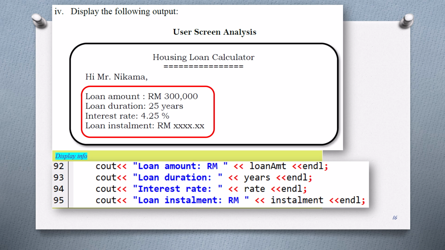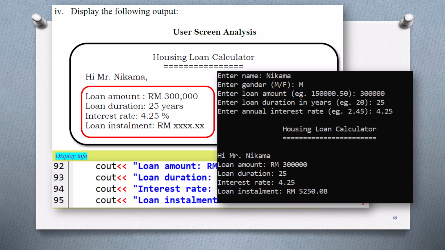So when you execute this full program, you should be able to get this. Okay, enter name, male, 300,000. Then the duration, this much. So the loan installment is this much. Okay, very good. So actually we are done, but I want to share with you